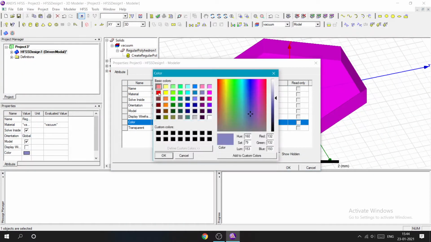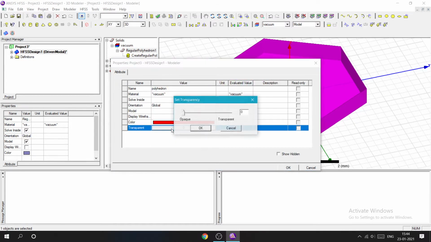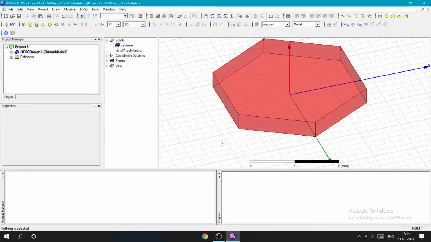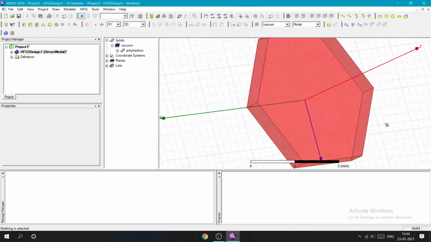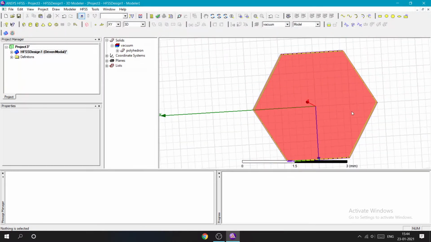If you want, you can change the color to whatever color you want, and then change the transparency to some value so that you can see clearly. Now we have created a regular polyhedron here with 6 faces.